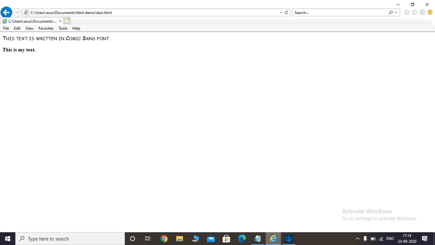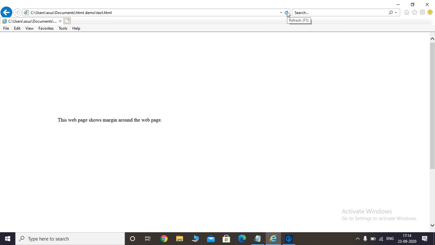Again go to the Explorer, give it a refresh, and you can see there will be a text displaying. So the margin top is 20% and the margin spacing from bottom is 5 and from left it is 30%. So you can see over there applied margins can appear in your web pages. So you can decide how much margin space you want to give around your element. So from the top we are having 20% and from the left I am having 30%. So you can specify any percentage and you can make your text appear anywhere on the web page.